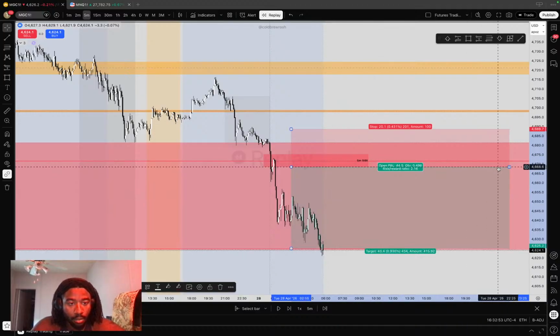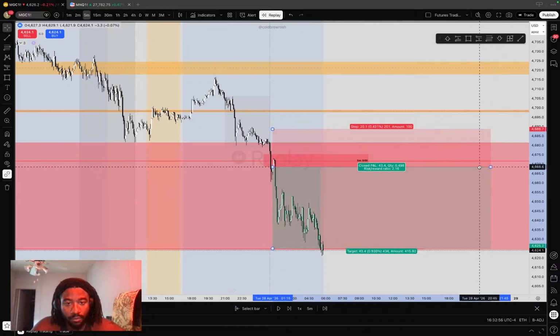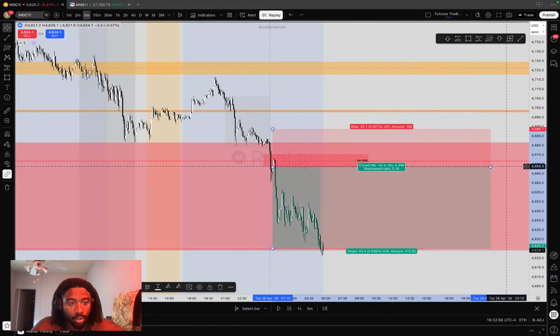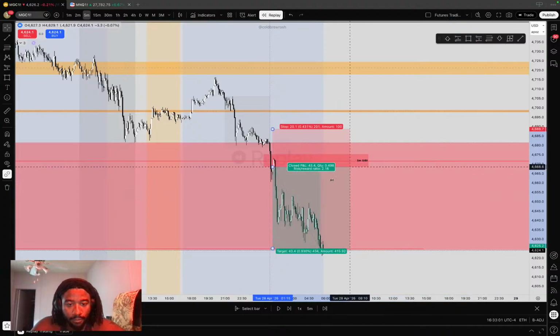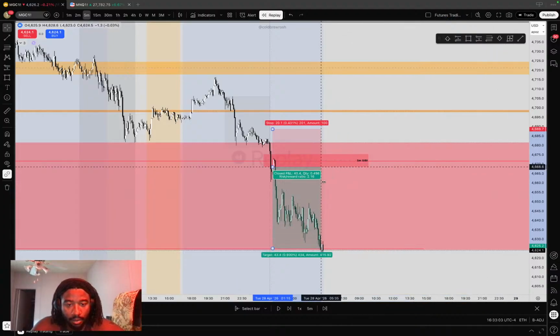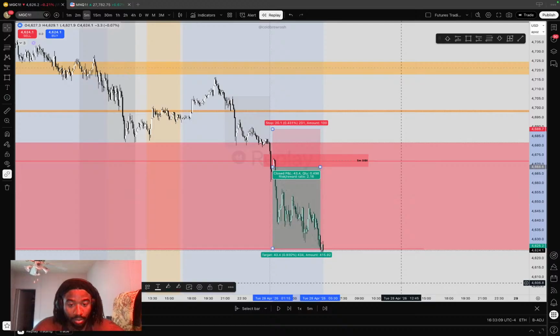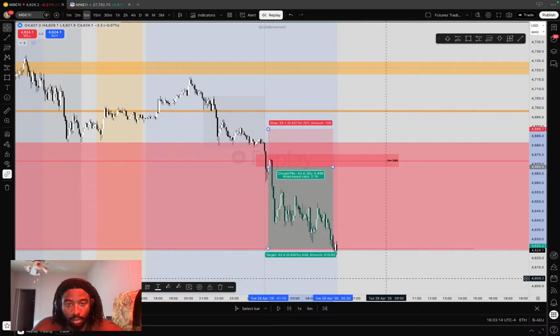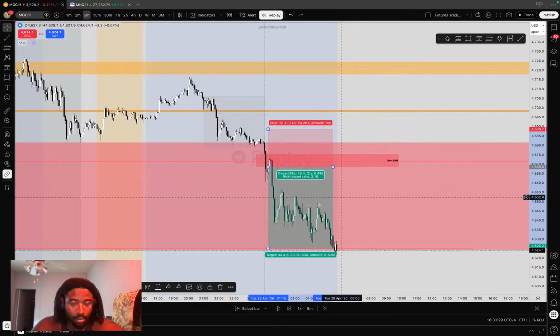Let me show you with this tool how long it would have taken you to take this trade. Just to get a 2-to-1, it would have taken you 4 hours and 15 minutes to get that 2-to-1 trade. That alone tells me we are in a consolidation choppy market. A couple weeks ago, it would have taken 5 minutes to get that 2-to-1 trade,